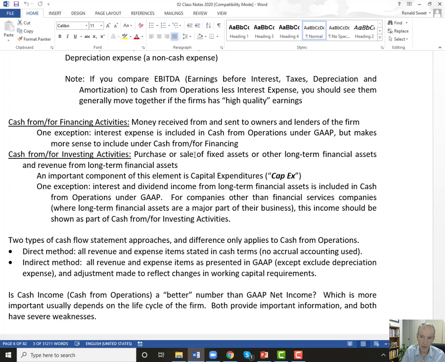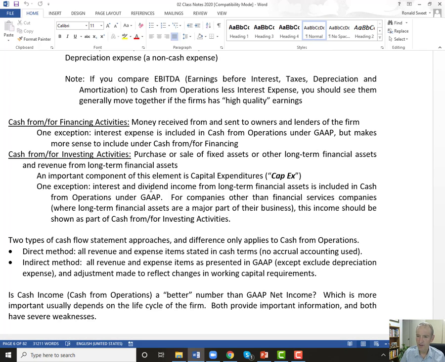Now, there's one that's more important than any of the others, and we'll talk some about this when we do your financial analysis, and that's capital expenditures, or you might have heard the term CapEx. I don't like the word capital in there because it really confuses accounting versus finance. We might get into that discussion a little bit, but capital expenditures are expenditures that you make as part of the normal operations of the business. So it's buying fixed assets. It's not buying long-term financial assets, but it's buying buildings, buying equipment, investing in